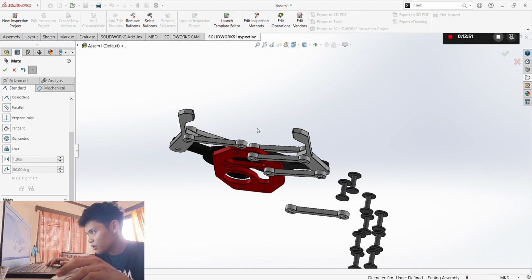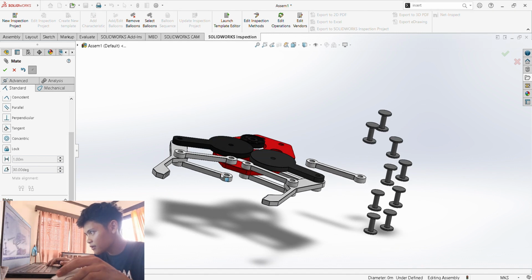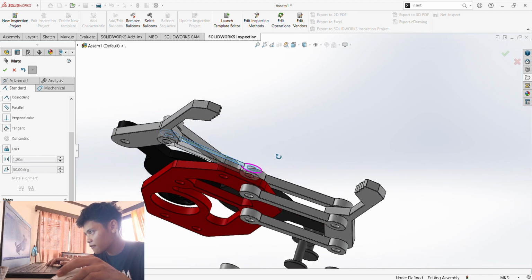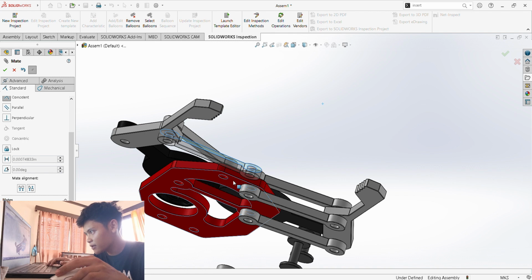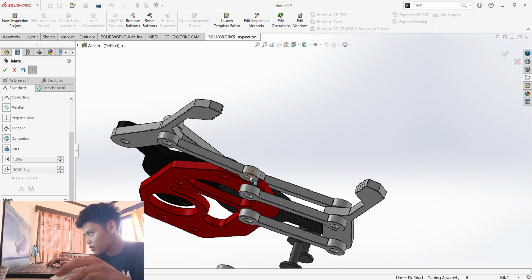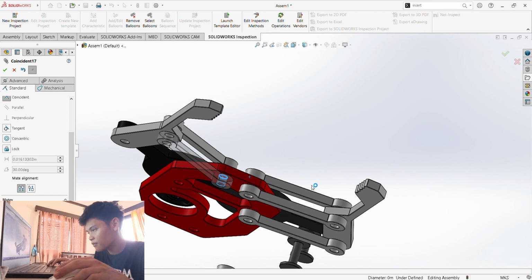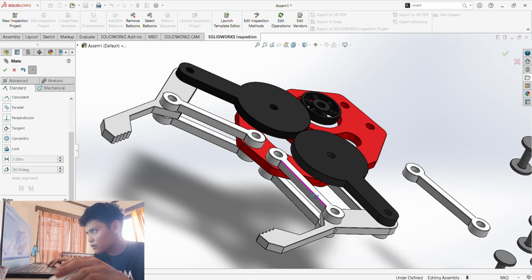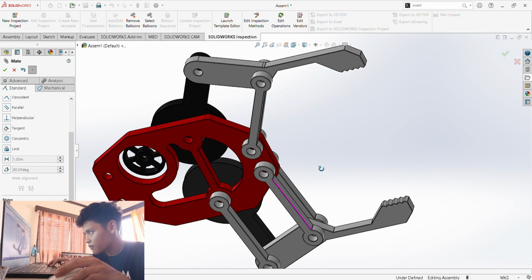The surface of this elbow should be coincident with the bottom surface of this base, and this hole should be concentric with this hole at the base. Then check. Then the last elbow should be going right at this corner here. So check.